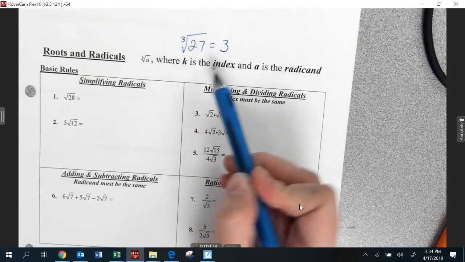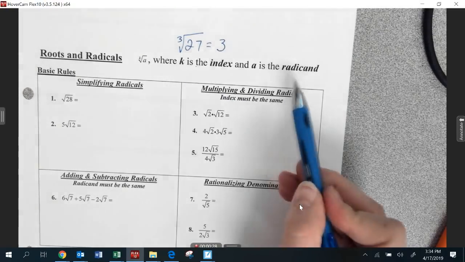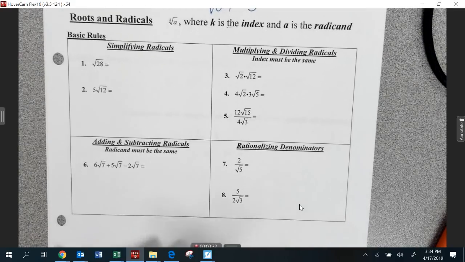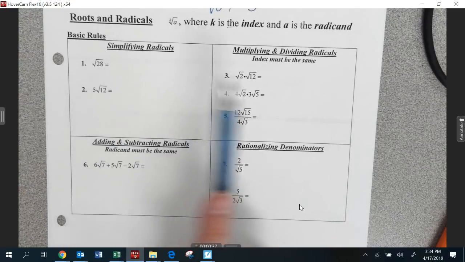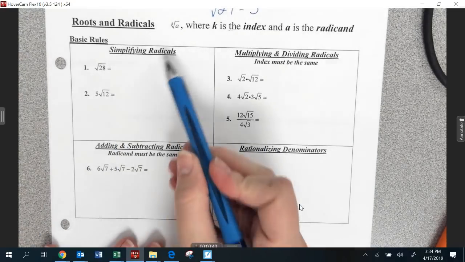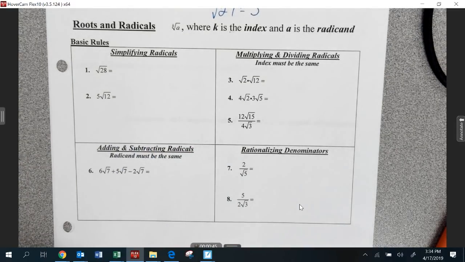This little 3 here is called my index. It tells me what type of root I'm looking at. 27 is called the radicand, the number under the radical. We're going to do a few different things here with our radicals, just sort of basic things: simplifying, multiplying, dividing, adding, subtracting, and rationalizing. When you're simplifying a radical, you're trying to get this rewritten into an equivalent form, but to remove any factors of it that are perfect squares, and get those simplified into integer